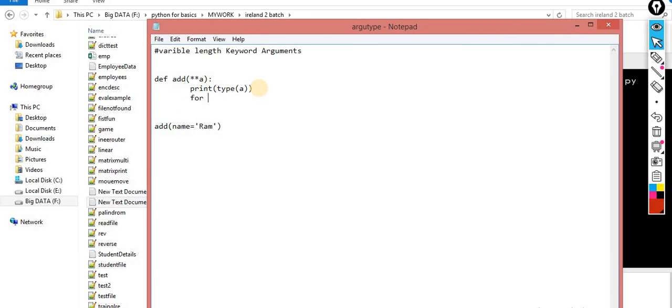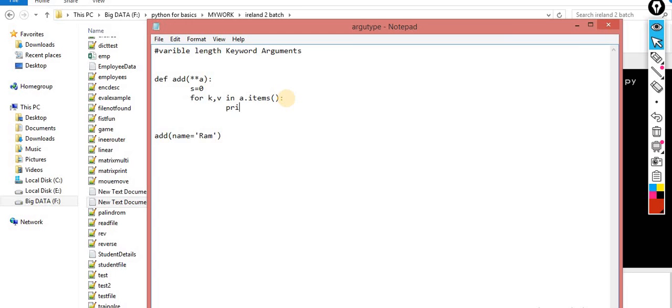For example, for i in a dot items. And you know what items will return? Items will return you the key and value. Don't ask me the question for this because we already discussed this concept in great detail. So here I am making a sum variable again.